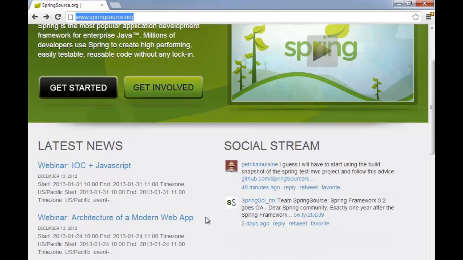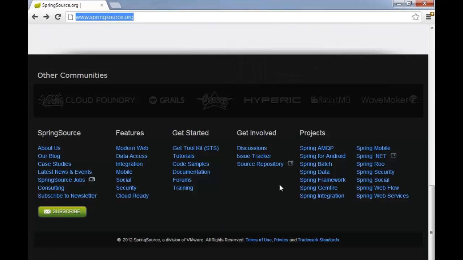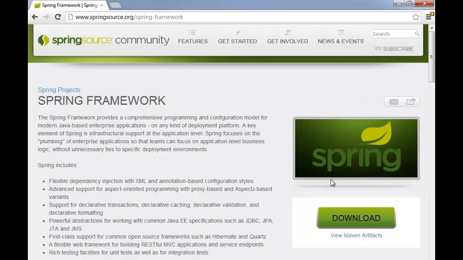can download it. If you scroll to the bottom of the page here, you'll see projects, and we're dealing with the Spring framework. Now notice there's Spring Webflow over here and Spring Web Services. That's actually not the same thing. Webflow is a framework built on top of MVC. So we want to click on Spring Framework, and then we want to click the download button here, and the